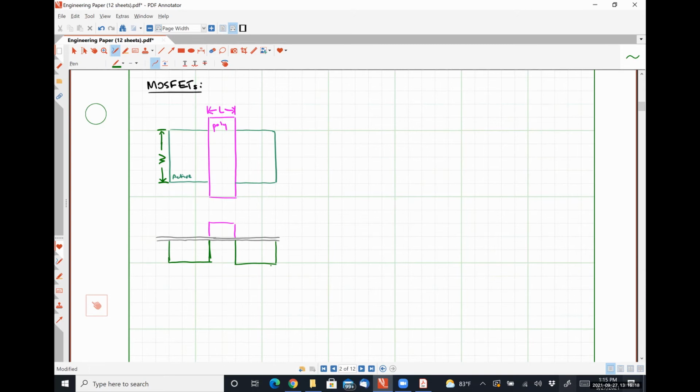So what lateral diffusion means is that when the source and drain regions of a MOSFET are implanted,